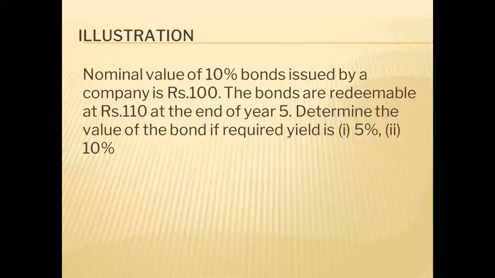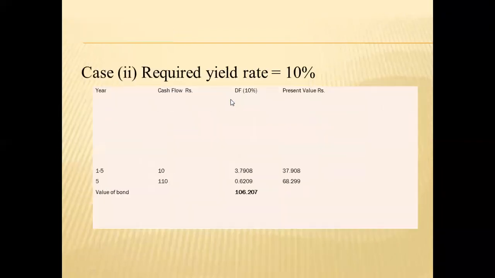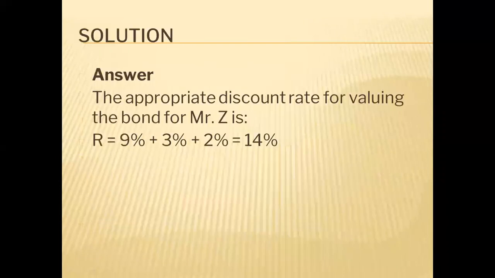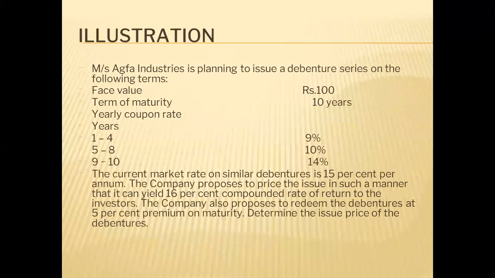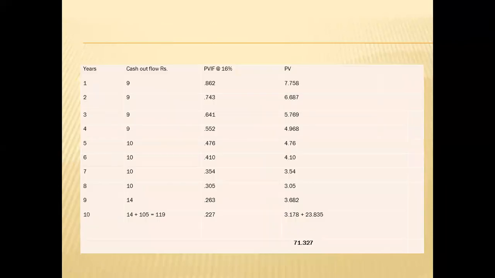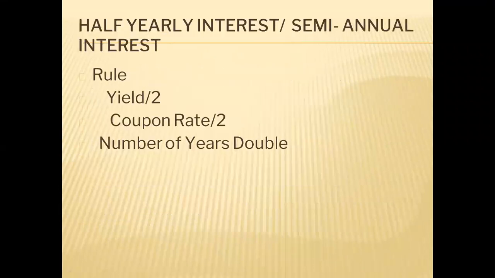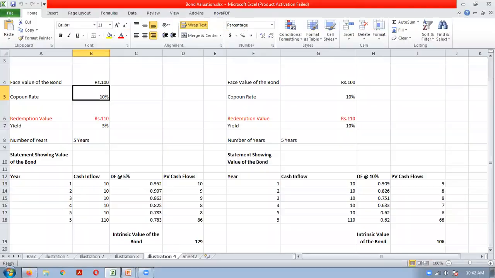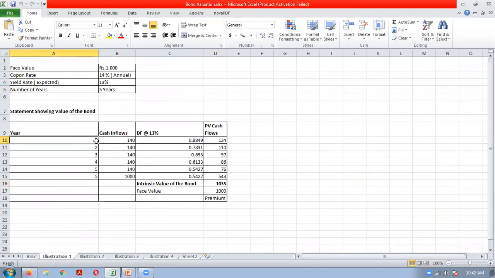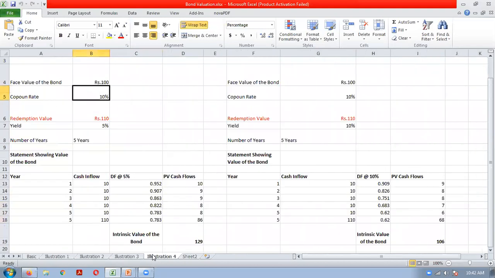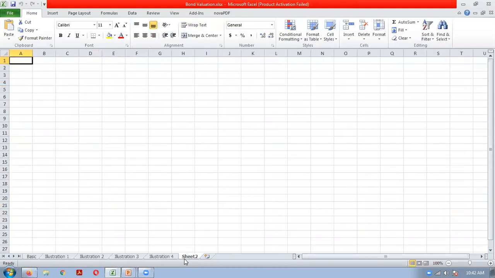Okay, so today we will be discussing bond valuation, the value of the bond calculation, but we will see how to calculate the value of the bond in case of half yearly interest. Till now, in whatever illustrations we have discussed, we have seen that you will get the interest once in a year. Annual interest we have assumed. There can be a case of semi-annual interest also. In semi-annual interest, what will happen? You will get interest two times a year.